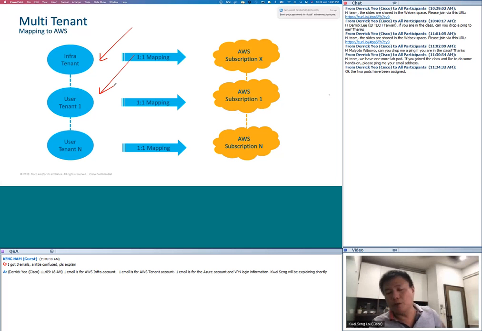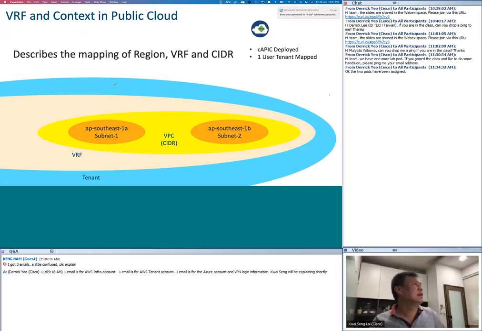When you go to Microsoft Azure, it will be different. This is for AWS. Now next comes a very important concept that we have not talked about in our on-prem ACI implementation. As we mentioned earlier, in the public cloud we talk about creating a region. So I have a region AP Southeast 1A. Then I define a CIDR address of whatever address to be used by the tenant. So we need a way